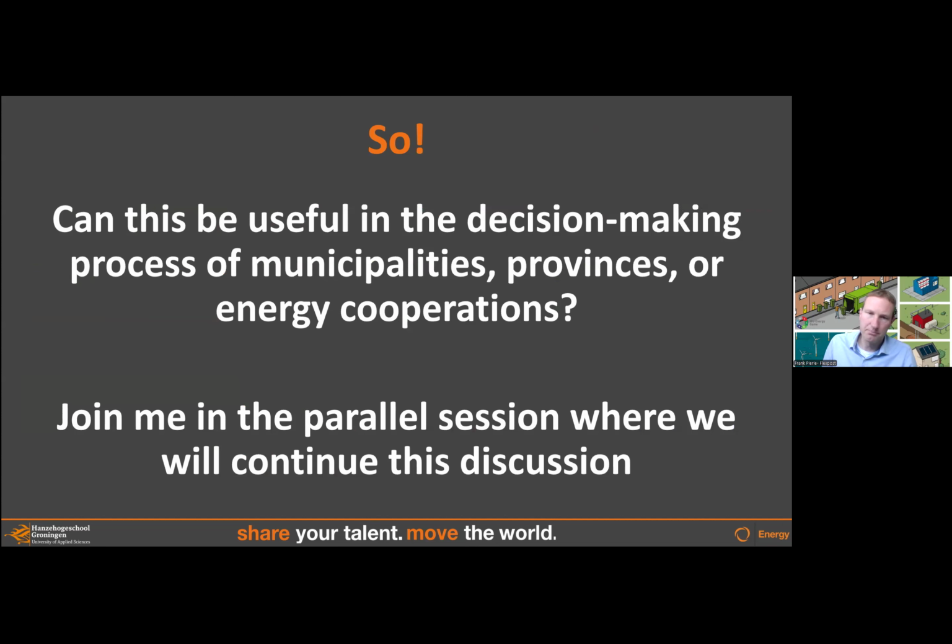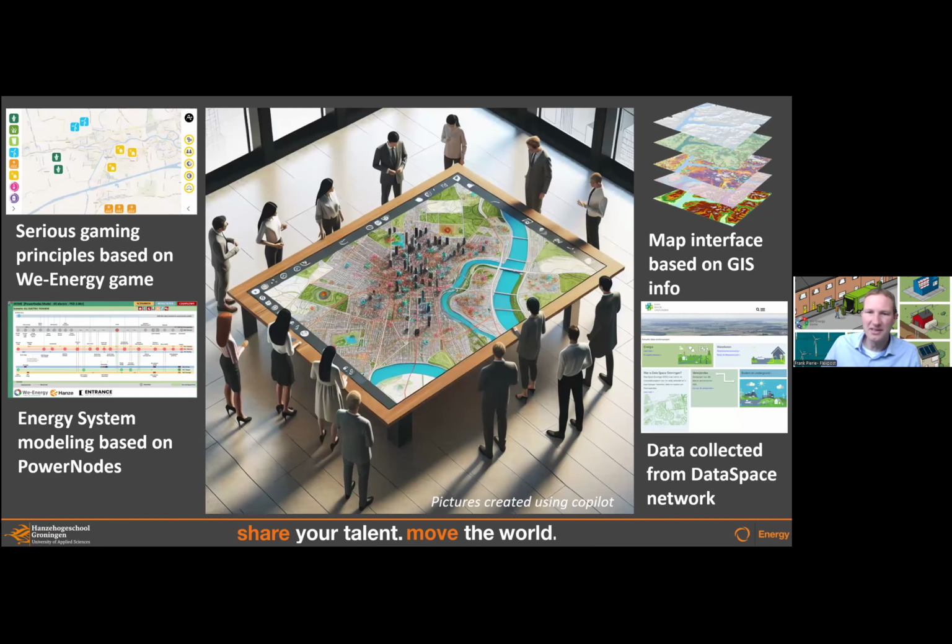So that brings us to a question. Can this be useful in the decision-making process for municipalities or provinces? This is also why I invite you to join, for instance, my parallel session, no commercials here, to further this discussion. And I have a nice AI-generated picture that shows a little bit what I could see in